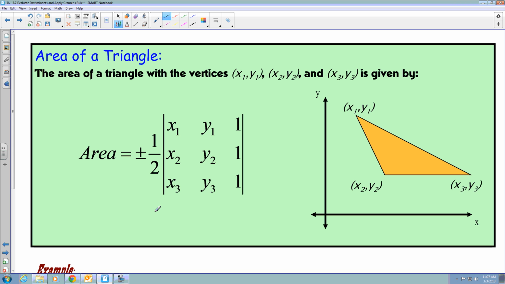Another thing that we can use the determinant for is being able to find the area of a triangle whose vertices are made up of coordinate points on the xy coordinate plane. And here is the general equation for finding the area of a triangle using the determinant of a matrix. If we recall, our formula when we don't use it is 1/2 base times height. And here it is: area equals plus or minus 1/2 the determinant of